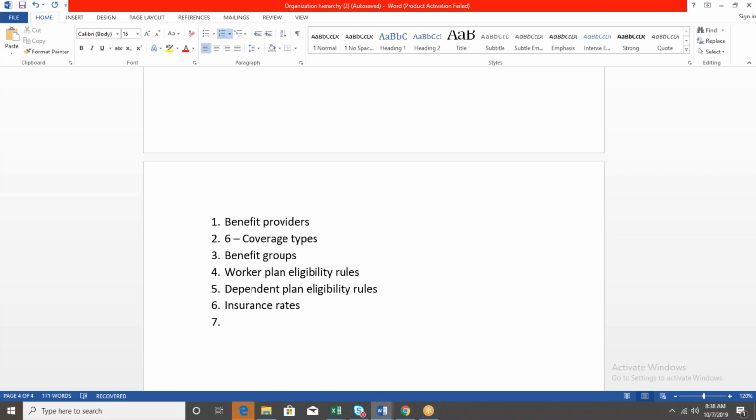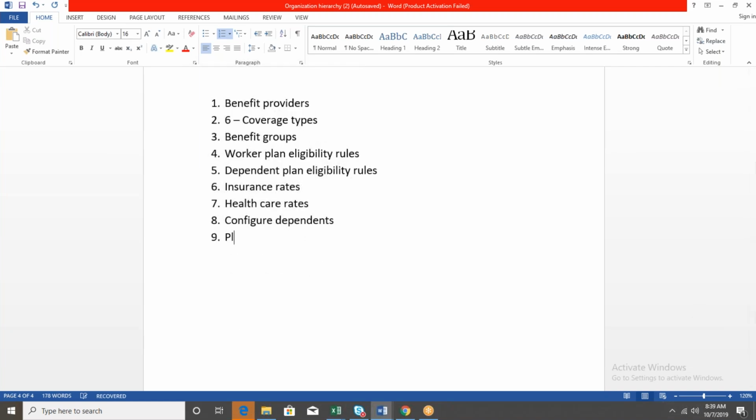We have to create a rate table. Insurance rates, then also healthcare rates. Then configure dependents: how to configure the dependents and give the priority, which dependent should go first, and what else we have to manage.